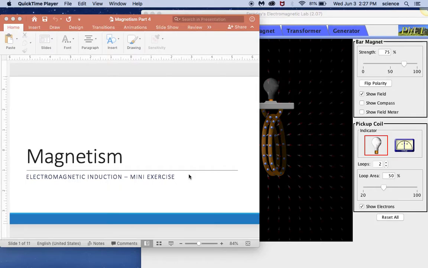In this presentation, we're going to explore electromagnetic induction, which is basically a situation where a changing magnetic field that passes through a coil can induce a voltage and also a current in the circuit. So we're going to look at a couple of different questions, and we're going to answer those questions by